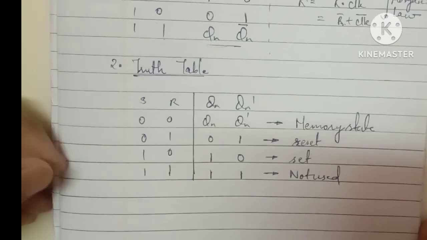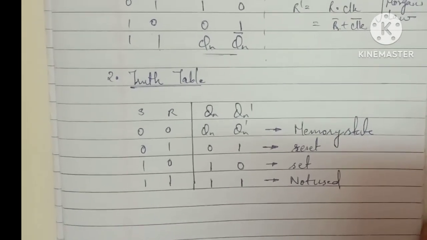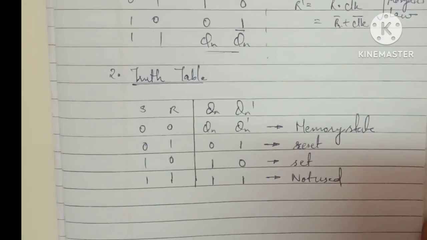After that, in the next class, I will write the characteristic equation, characteristic table, excitation table, and many things are there. We'll go one by one and we'll complete this